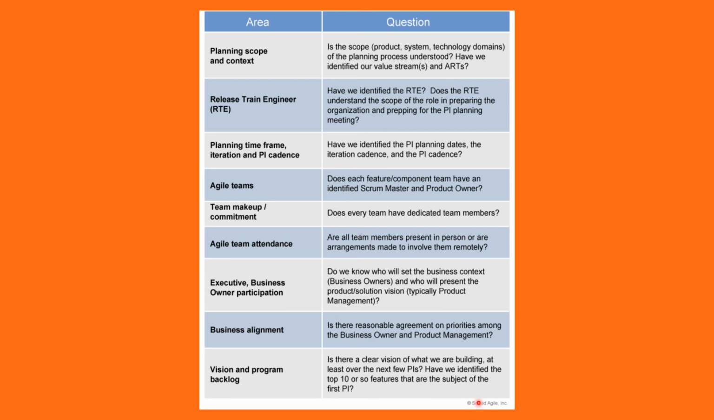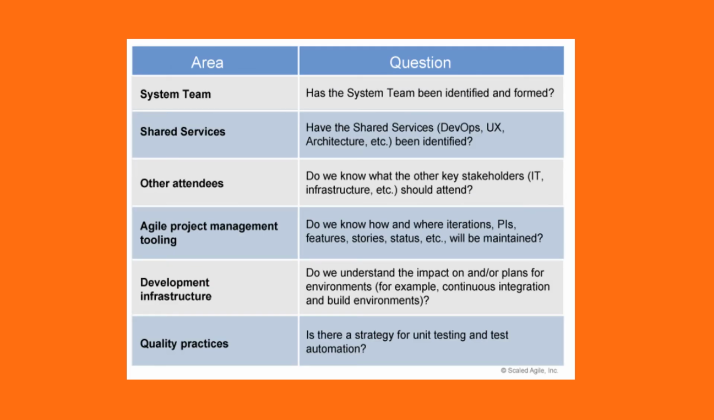Right? Simple question is like, have you identified the top 10 or so features that are the subject of the first PI? Simple as that. Another set of readiness checklist, like, is the system team identified or not? Have the shared services been identified, like DevOps, architecture, UX? Did we identify agile project management tooling? Is there any strategy for unit testing and test automation? Right. So these are some of the readiness checklist. You can use it to understand your readiness for launching ART,